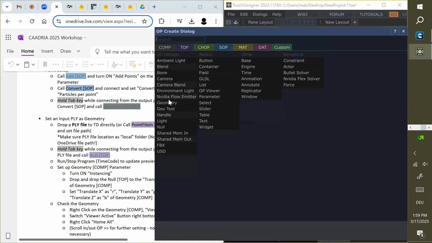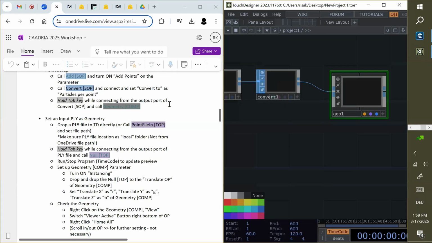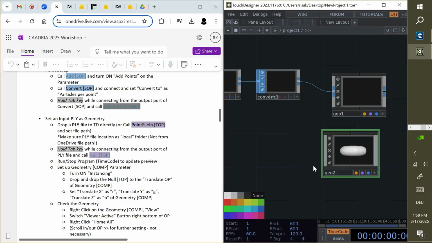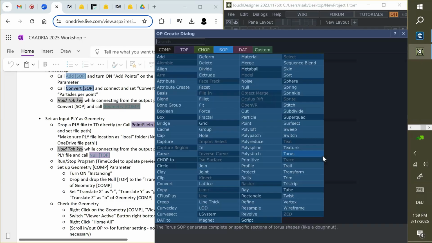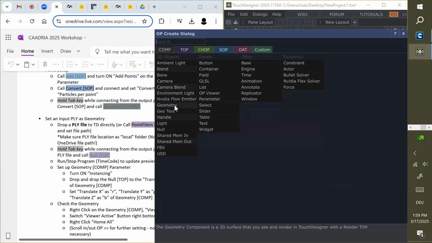Otherwise, if you just place a geometry from this window, you will have this kind of geometry, and then you don't have this here as a wire. So you just need to put this wire, and then tab key, COMP, Geometry.